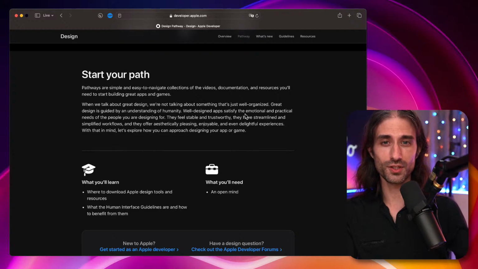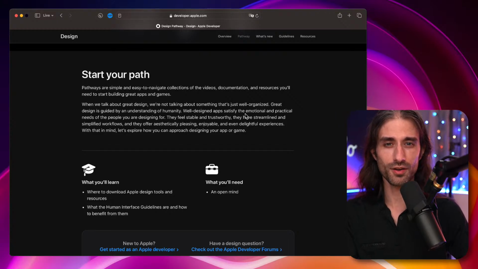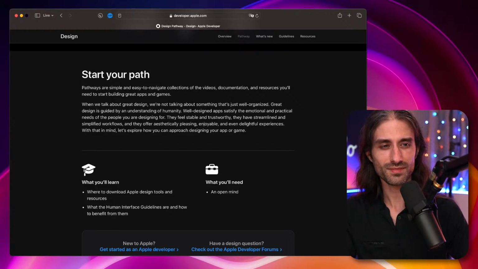I was surprised that the Vision Pro is such an emotional device. I did not expect it, but I think it might be one of the most emotional devices that I've used from Apple. So I do understand why Apple would highlight the emotional part of their design already in a beginner's tutorial.